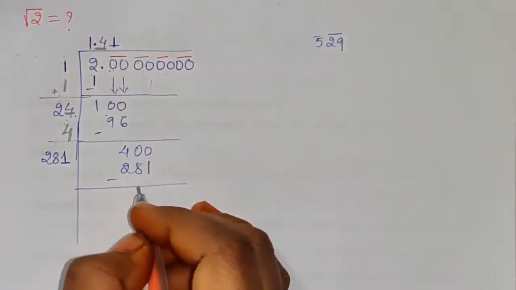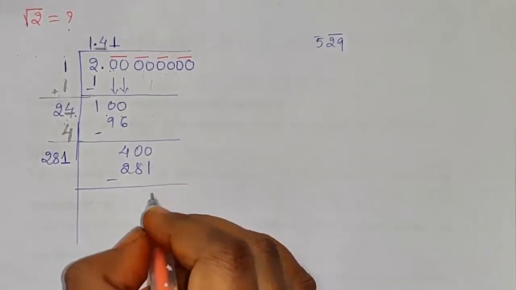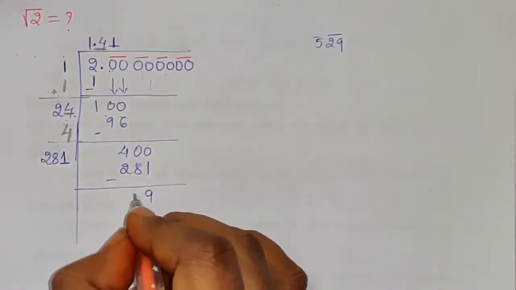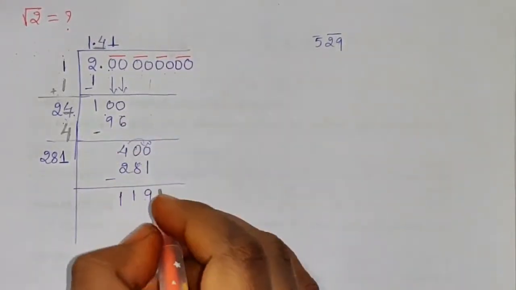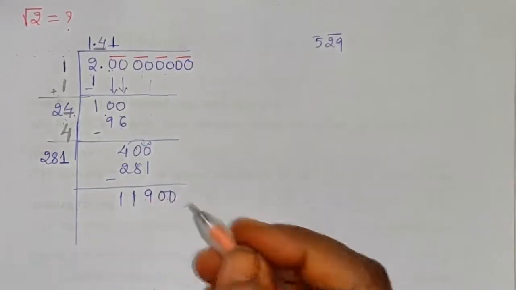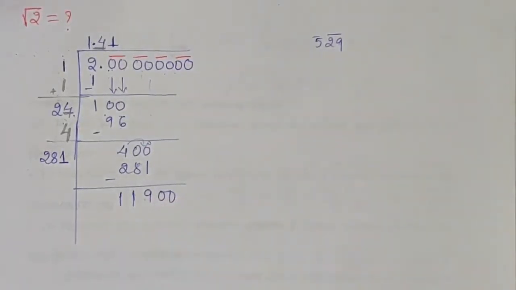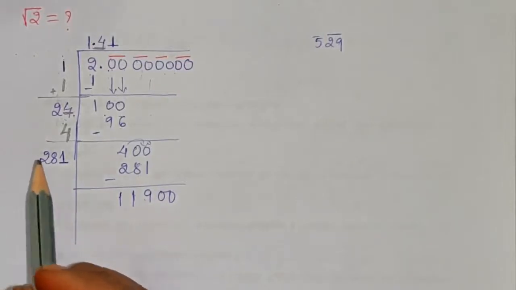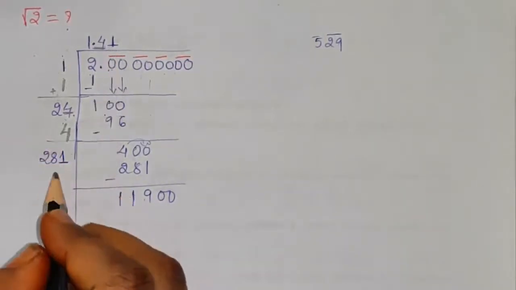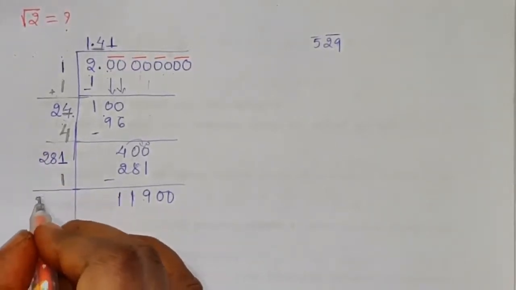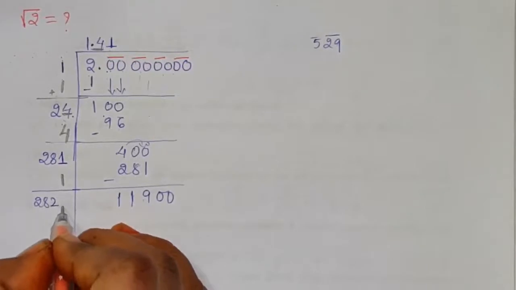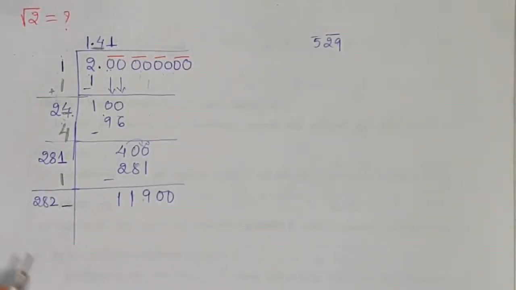So when you subtract this one, you will have, here it is 9, 1, by taking the borrow I am taking, and 1 again. So another 2 zeros I am taking down. Here 11,900 we are getting. So in the same step as previous, this one should be added here again. So when you add these two, what you will have? 282 you will get, and the other one is again blank. Whatever the number you are taking here, you should take in the quotient. You should remember that point.